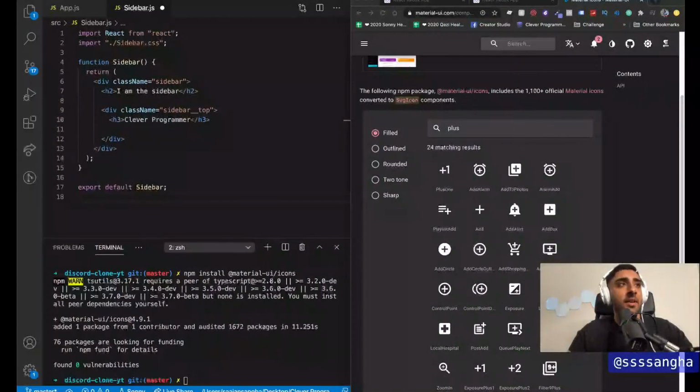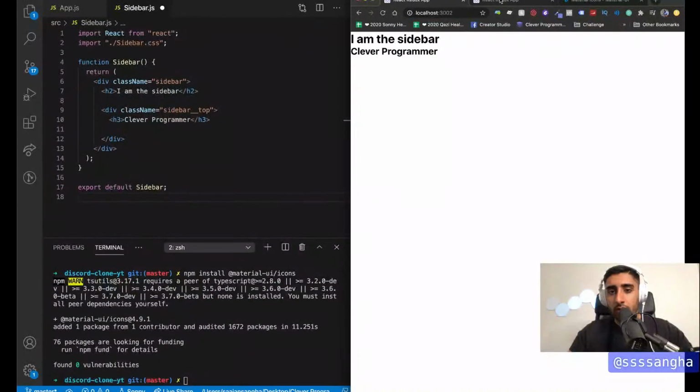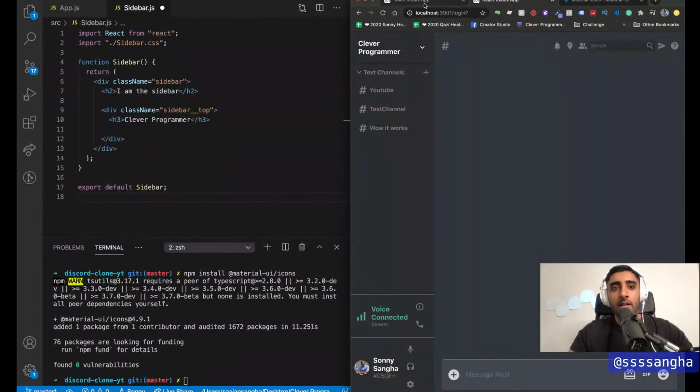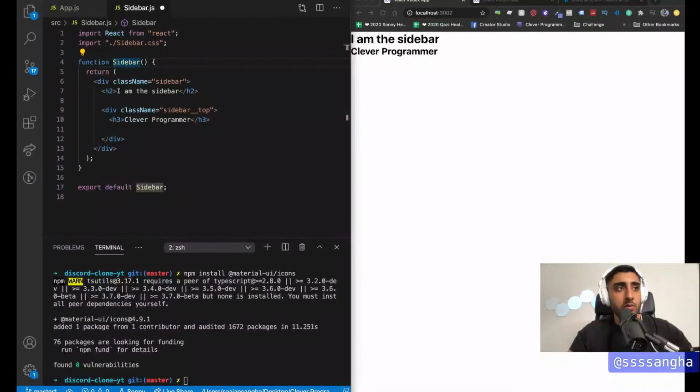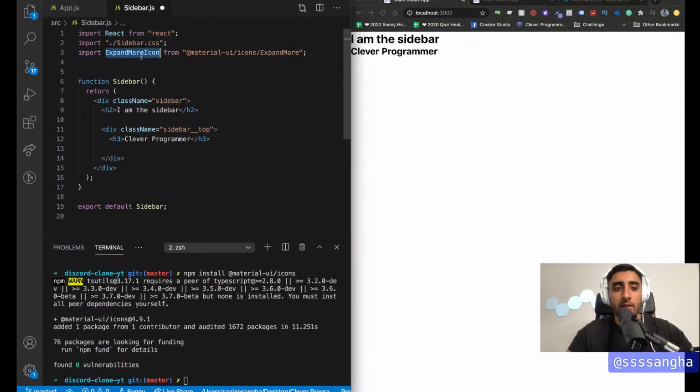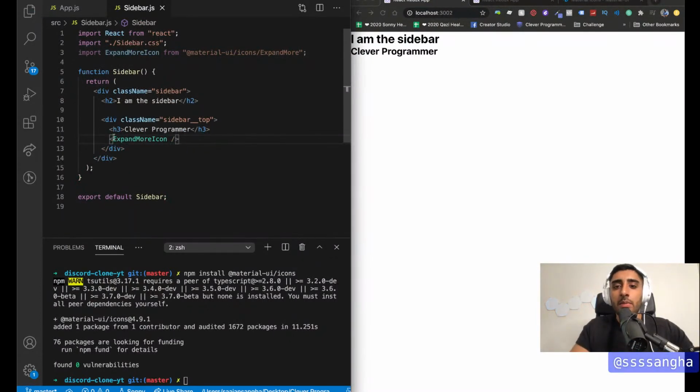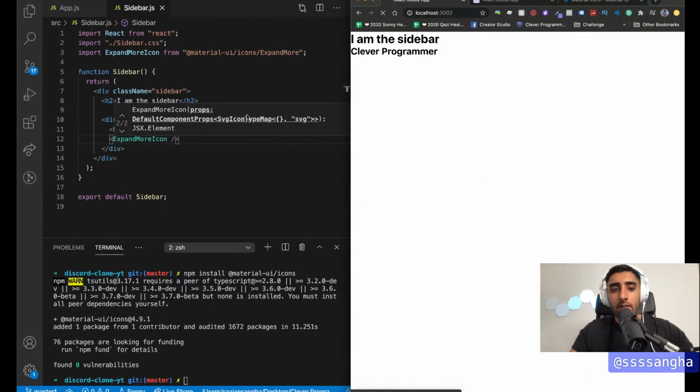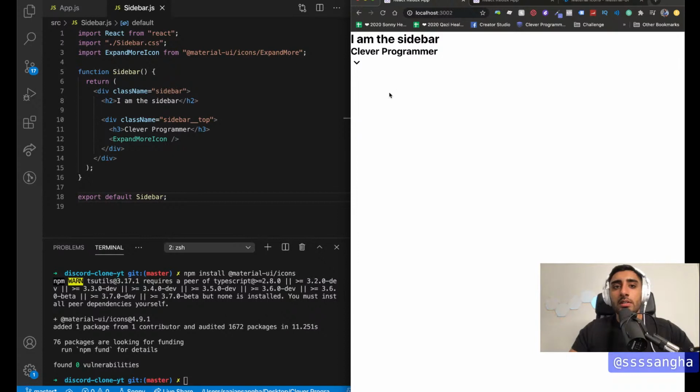I like that. Right. So the first thing we're going to do is jump back in. Let's go to our code. I need this little caret icon, and the caret icon is called the expand more icon. Okay. So I'm going to go ahead and import that. So here I'm going to say import ExpandMoreIcon, go down here and do this, like so. And then now we should see that little icon pop in. So you see now I get it here. Okay. Now what you can see is